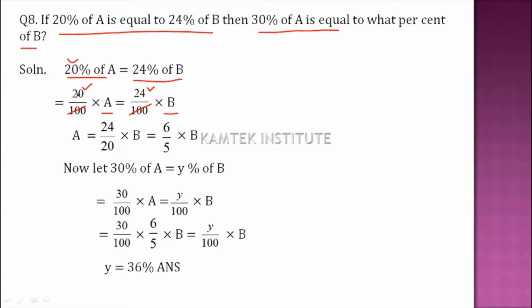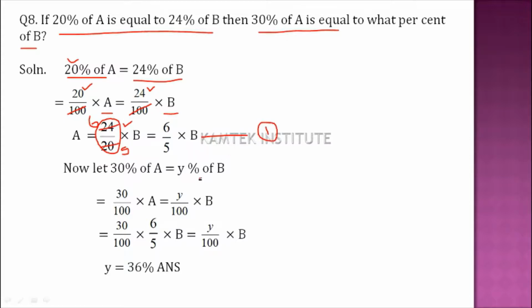Okay, and we cross multiply: 20 from the left hand side goes to the right hand side as a denominator, and we get A is equal to 24 upon 20 into B. Now we'll reduce this fraction 24 upon 20 to a simpler form. So we divide both the numerator and the denominator by 4. So 4 5s are 20 and 4 6s are 24. So the value of A is 6 upon 5 into B. So remember this, the value of A with respect to B.